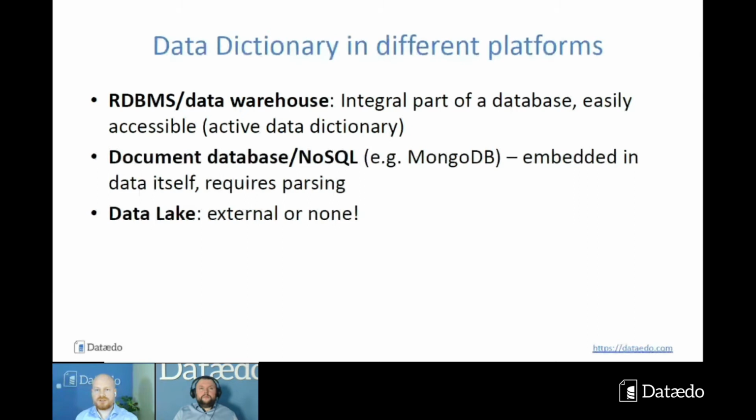But the disadvantage is that it's not that easy to find out what fields you have. In case of MongoDB, the standard way is that you need to get a few documents and look into them. So they have a structure, but they are embedded in the data itself rather than the schema of the database. And in case of data lakes,